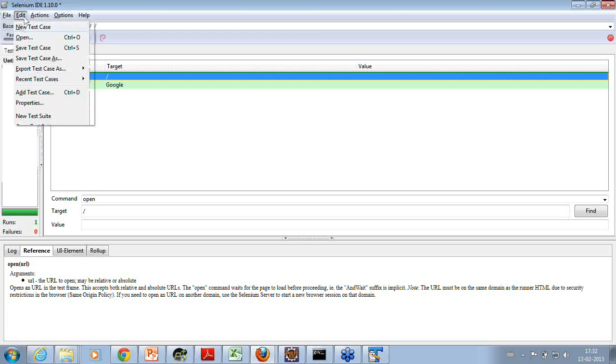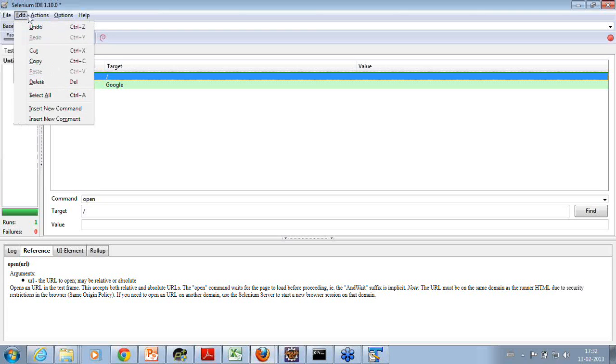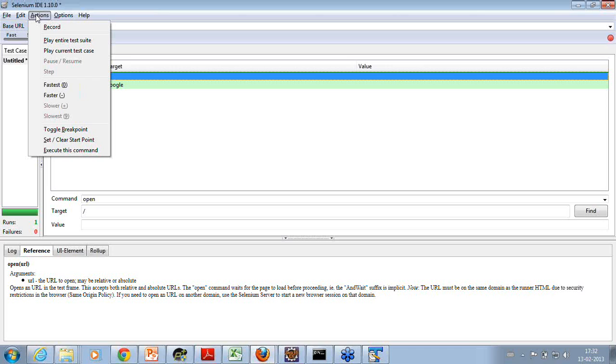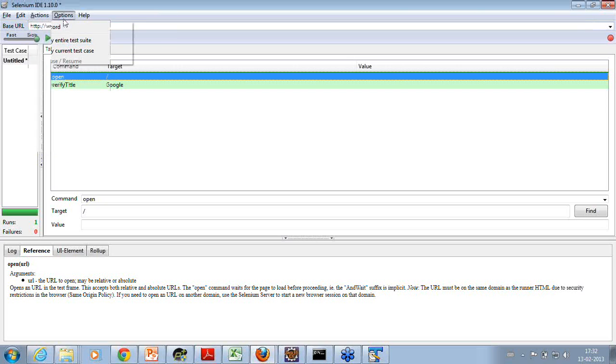And this is the editing dialog, and various actions for recording, and then playing either the entire test suite or just the current test case, and some of the other things which are available.